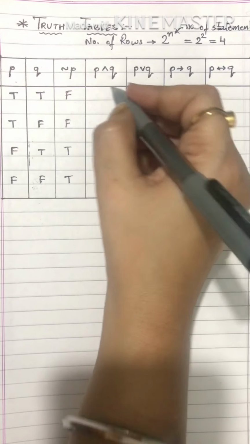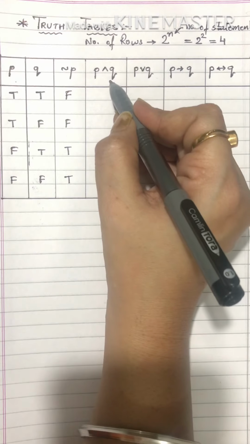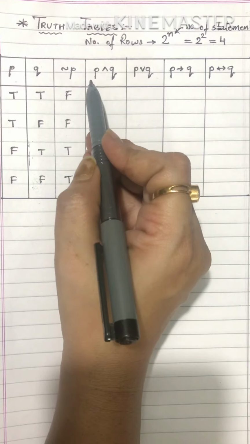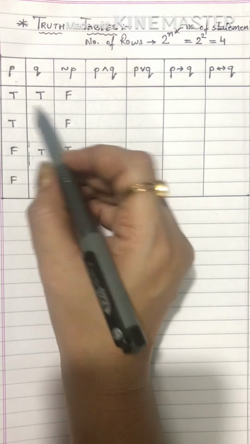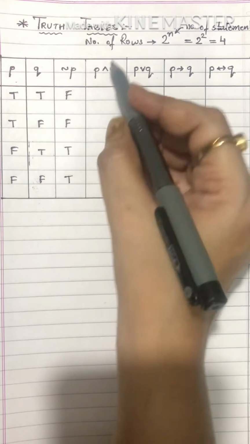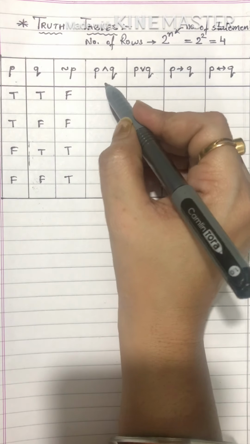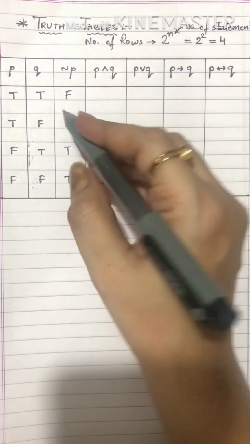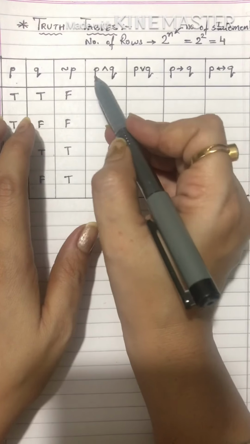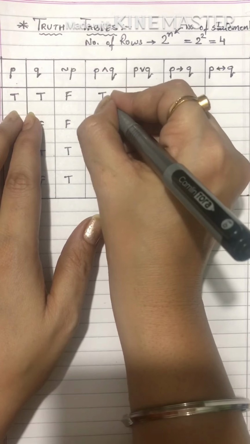Okay. Next, the connective is the AND connective, P and Q. Now it will be very easy to understand the AND connective if you consider the digital values of true and false, which is 1 for true and 0 for false. Try to use the multiplication operator while getting the result, so you will never forget the correct answer here. Instead of mugging up the tables, see what we can do. P and Q. So 1 into 1 is 1. You will get the answer true.